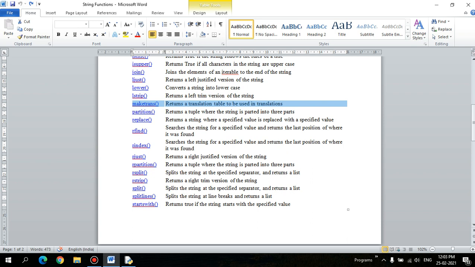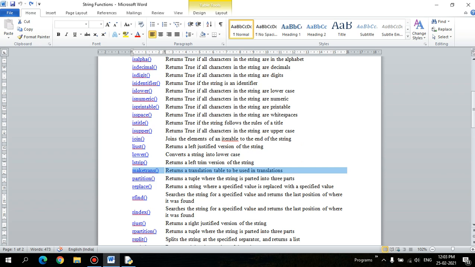And rjust returns the right justified version of the string. What you have seen is ljust, which is the opposite of rjust. If you go to the start of the video, you can see how ljust and rjust differ. In terms of syntax, it is the same. Next one is rpartition, which is also similar. We have seen the partition function.